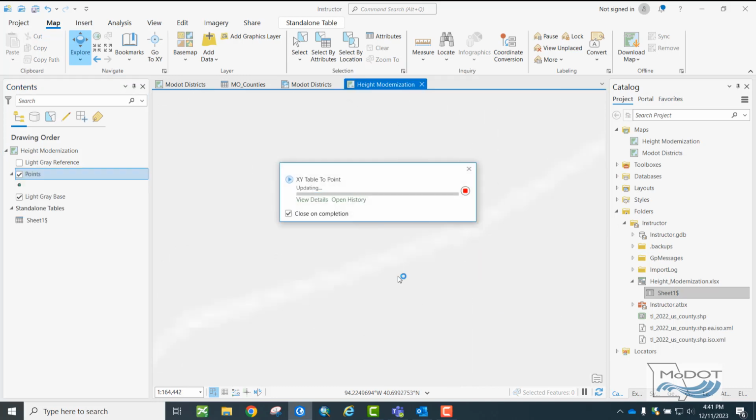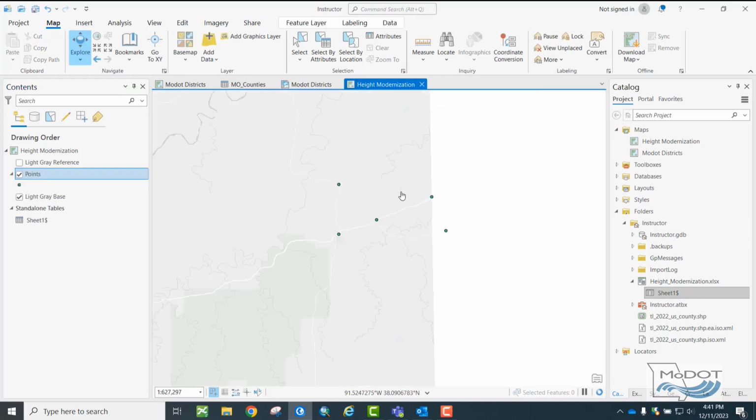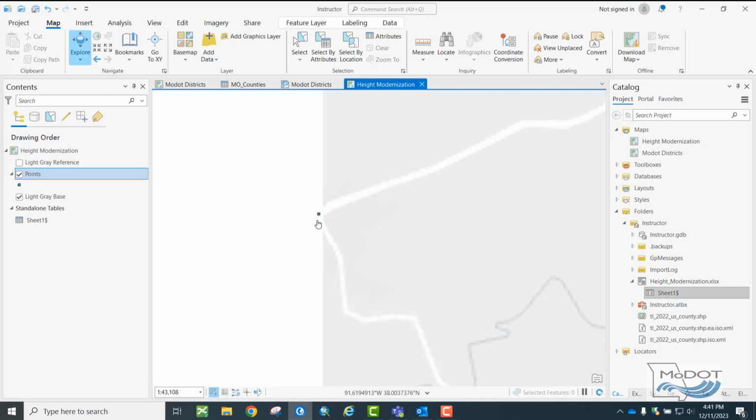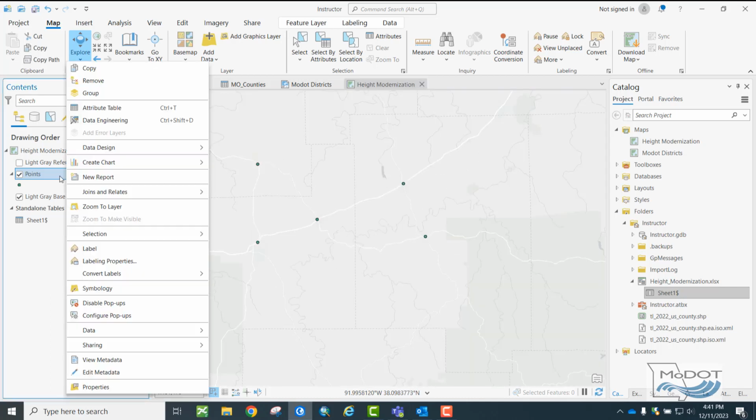You hit OK there, and the tool will run, and then it will zoom you into where your points popped in. I've put all my points down here in south central Missouri, mostly clustering around, I believe, the town of St. James. If you want, you can export this